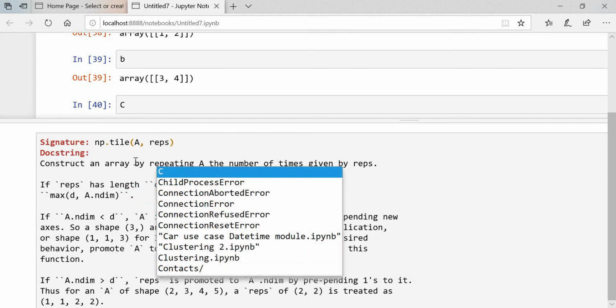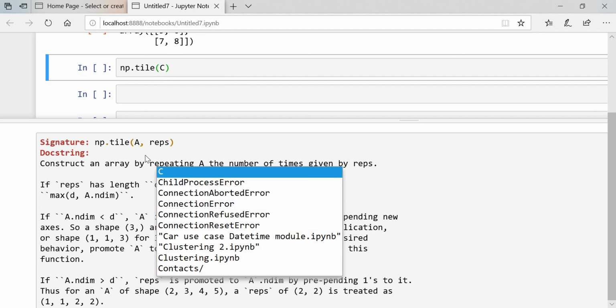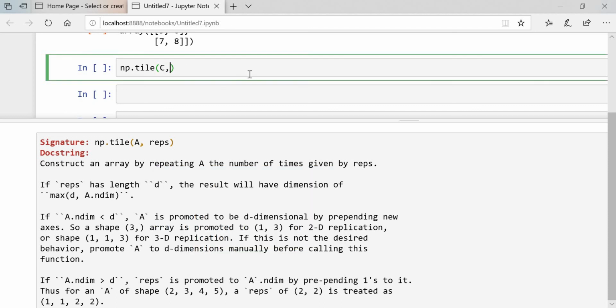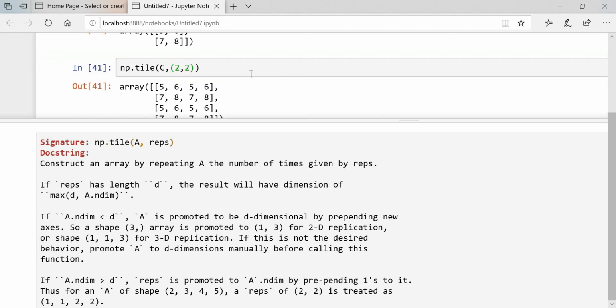So we got this output, meaning we got the information about this tile function. Then simply we have to pass 2 by 2. Once you execute, you will get the output.